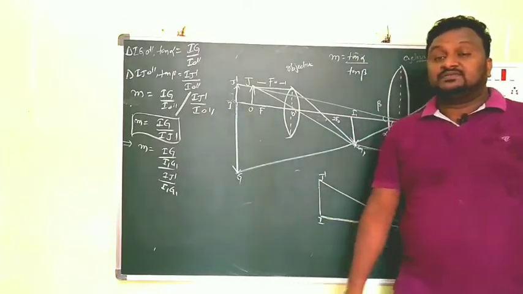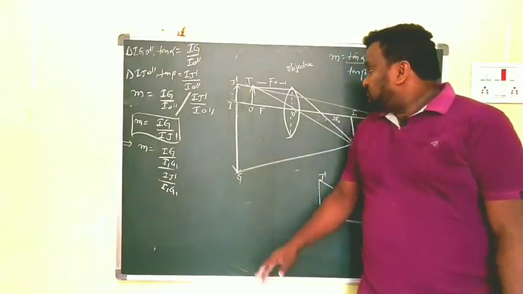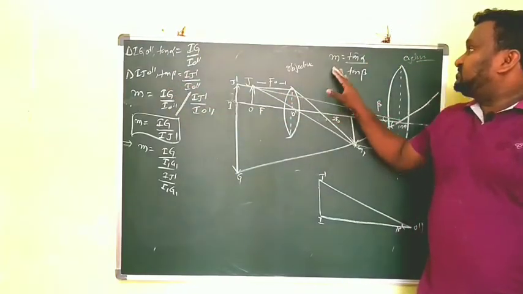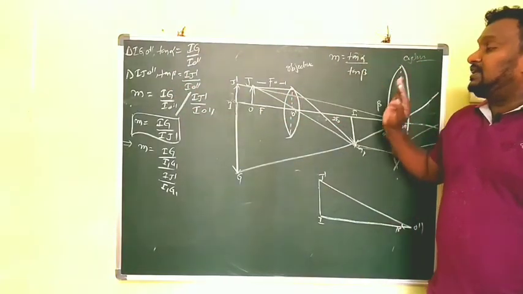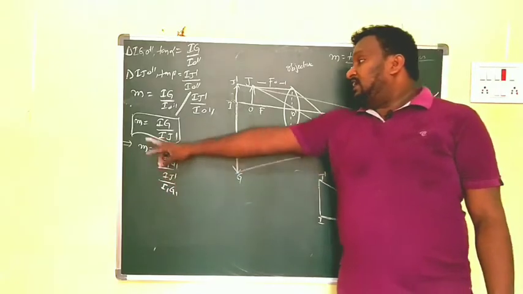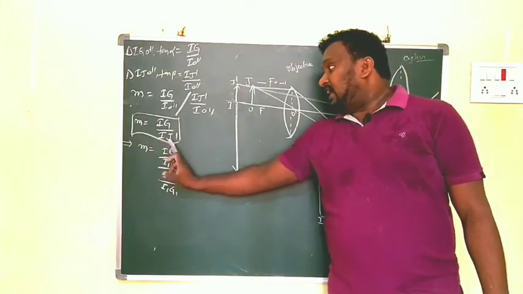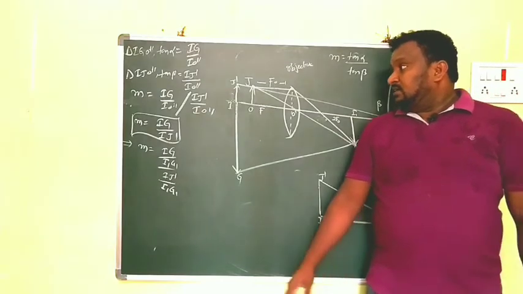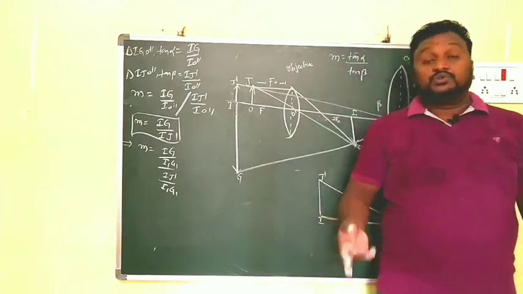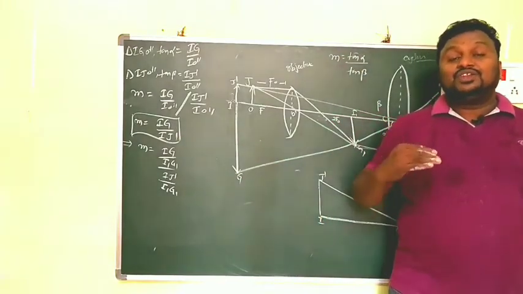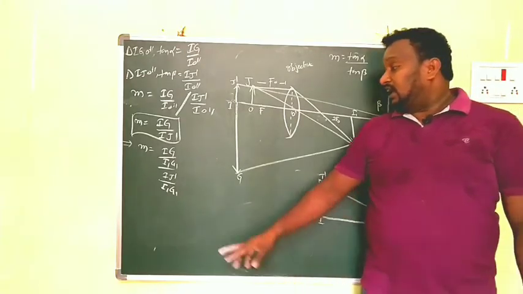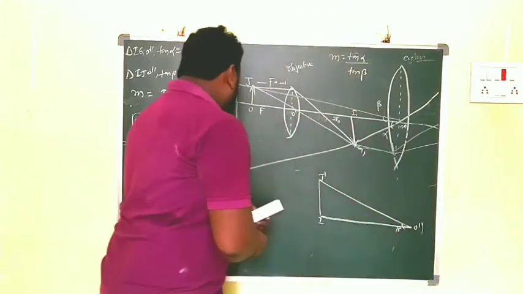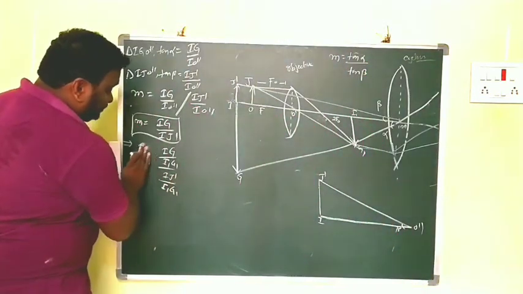Now we substitute the tan alpha and tan beta values in this equation. M is equals to tan alpha by tan beta. From that we get M is equals to I C by I J dash. Clear, children? Now we have to divide the numerator and denominator with I1 Z1. Clear, children? So then to derive the equation, what you write,